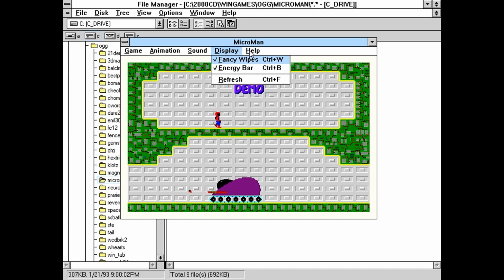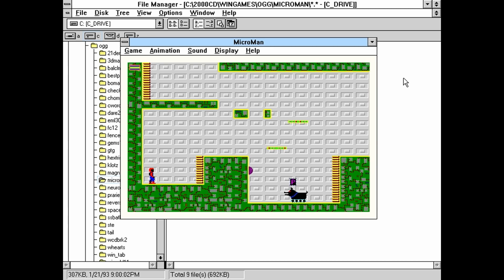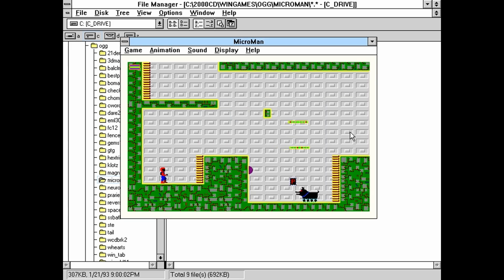I don't think I can do anything much there, so new game. And it has some sound effects too. I just have to remember how to control it. Well, you know what? Go to the help. Quick reference. Left, right, up, down, space to jump, and insert on the keypad to shoot. So that means I should probably use the numeric keypad. Okay. So yeah, this is a very basic platformer, but actually surprisingly well done for an early